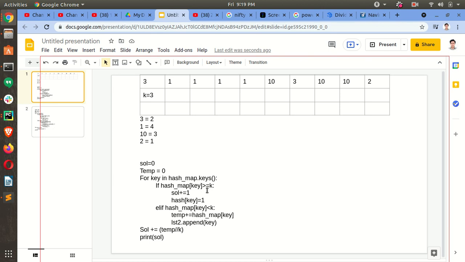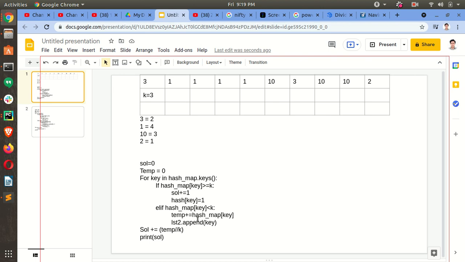Whichever count is greater than or equal to k, we will simply set it as a hash. It will put it in a different hash with hash key as 1, and will increment the solution by 1. Okay, so we can color all those things with one color.